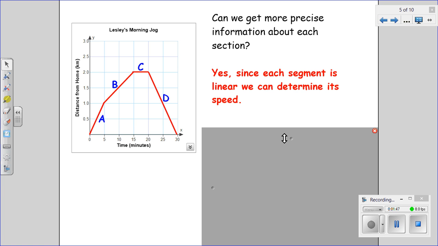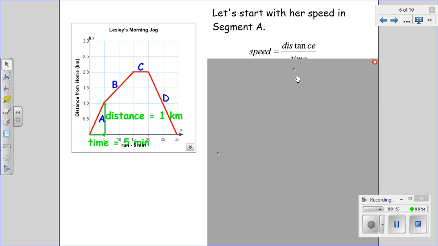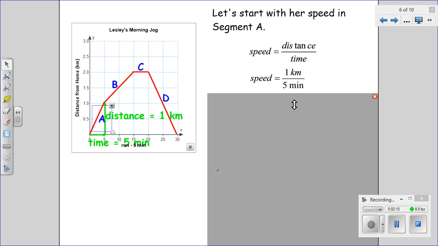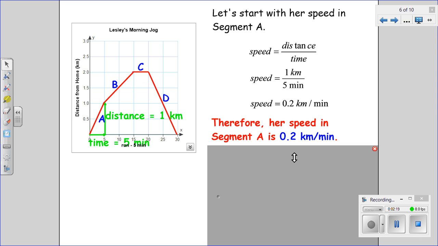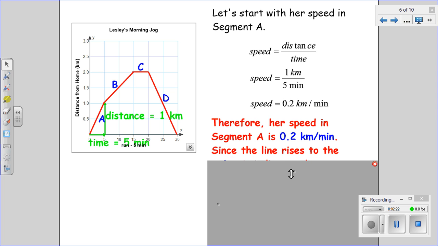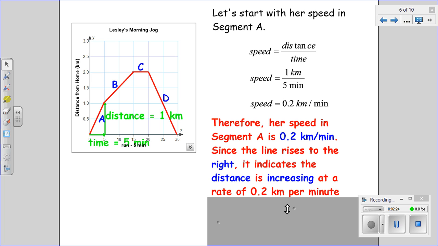Absolutely, because we can find the speed of each section, because we know it's linear, so we can just use the formula speed equals distance over time. So if I look at section A, you can see that we go from 0 to 5 minutes for a total time of 5 minutes. And here we go from 0 to 1 kilometer. And so speed is 1 kilometer divided by 5 minutes, or 0.2 kilometers per minute. So we can say that she is moving at a speed of 0.2 kilometers per minute, and we can say that's away from home. Okay, the distance is increasing at a rate of 0.2 kilometers per minute because the line